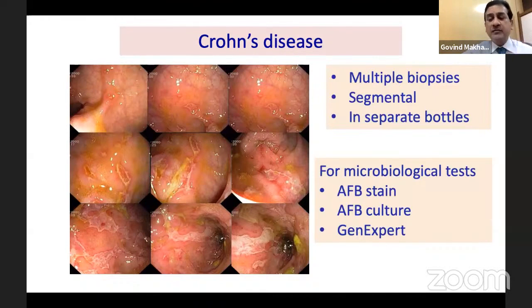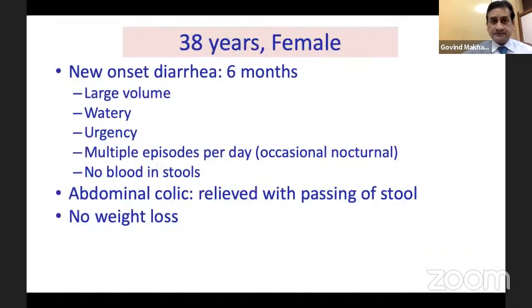And we have good data from our colleagues at CMC Vellore that taking multiple biopsies makes a difference to making a diagnosis. Also, we must take biopsies for TB. If you suspect tuberculosis, take them for AFB stain, AFB culture, and GeneXpert. This is a must. Coming back to the patient, the lady who had come to us with chronic new onset